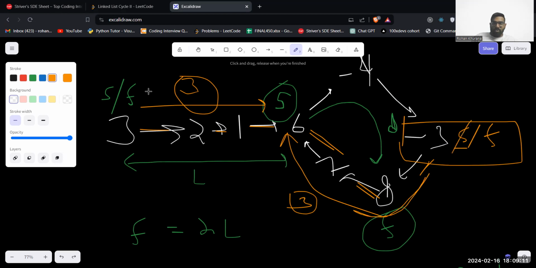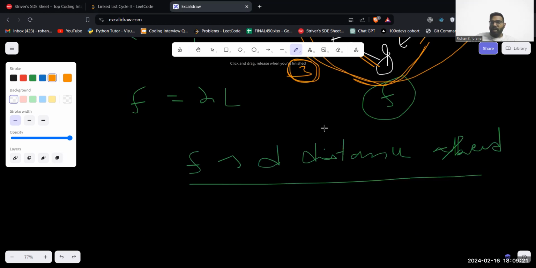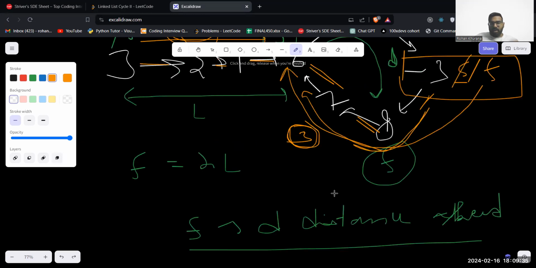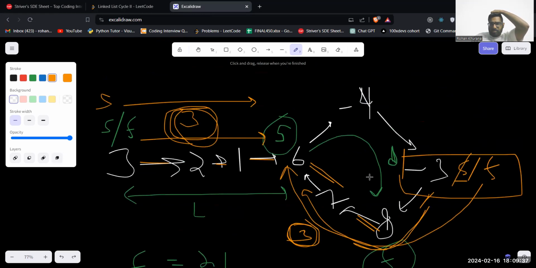If I move slow to this point again and move slow by one step and fast also by one step to here, I am traversing three steps again and again, right? In mathematics, you can say that distance is nothing but L plus D. So this is the bigger D, because this whole cycle,